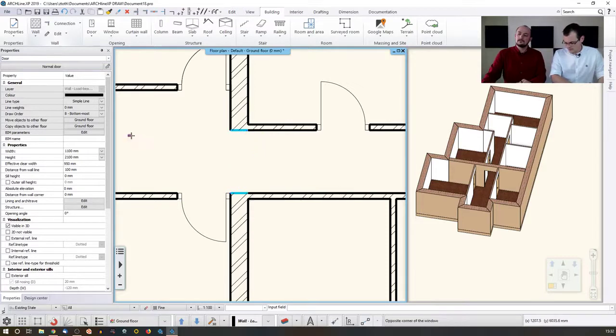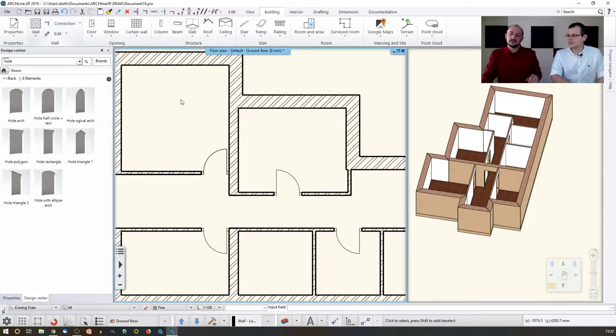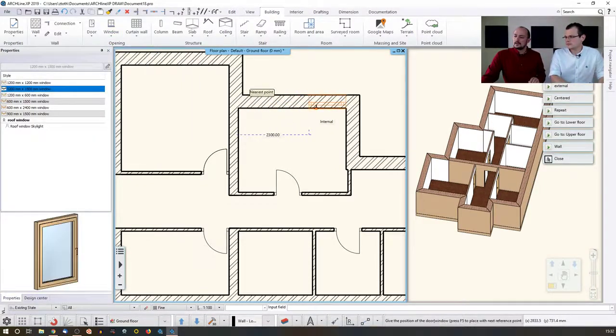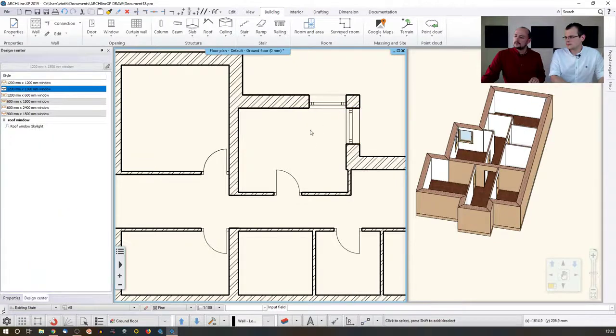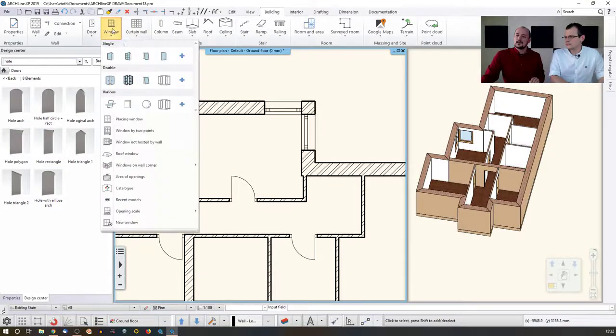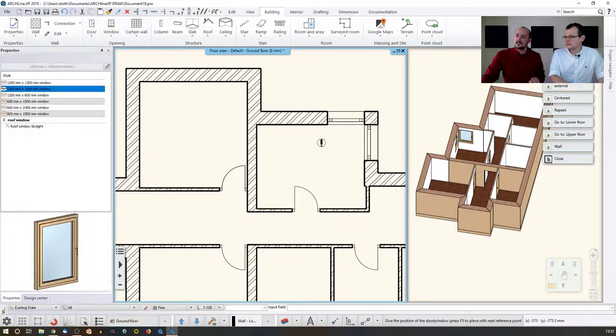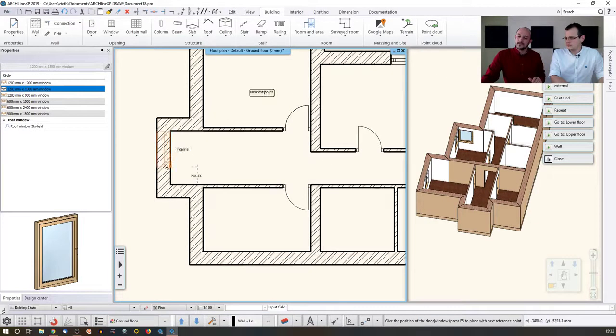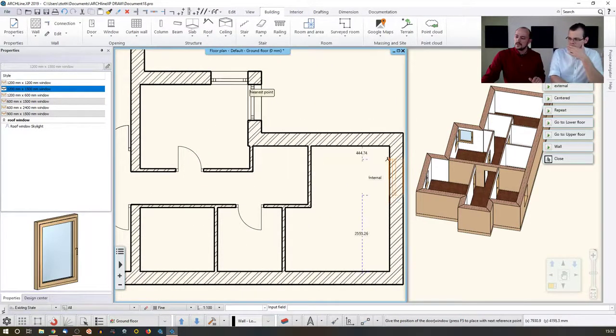And let's just make a few windows. What are the particularities of adding a window? So how are they different from doors? Well, one of the differences is that they likely have a parapet or a sill height, as you can see here. And sometimes they are not just freestanding windows anywhere in the center. I can use the next reference point tool and just click on the center point and so on. So this way is rather similar to the previous solution, but there is one specialty, I believe, to these,